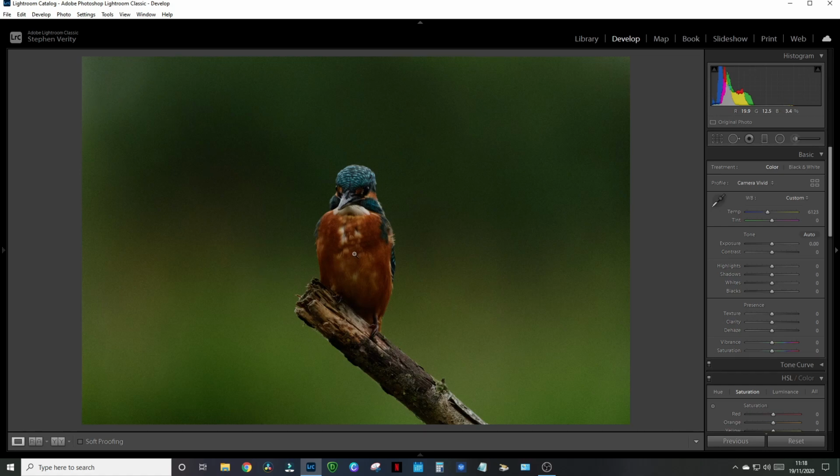So next, what I want to do is brighten the bird, so I'll lower the highlights a little on the whites and bring up the darks just a touch. Something a bit like that. But now what I like to do is, because it's a pretty dark background,